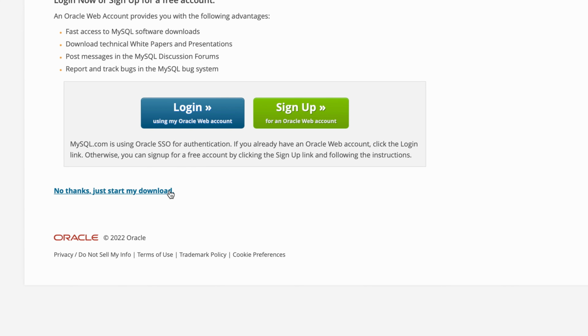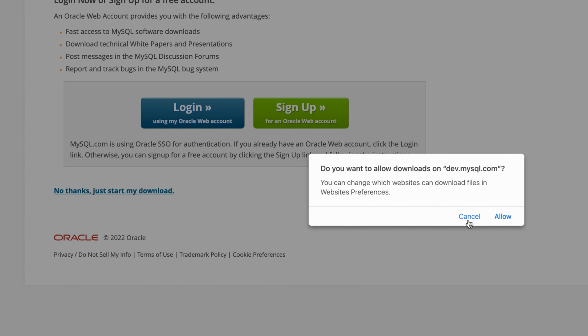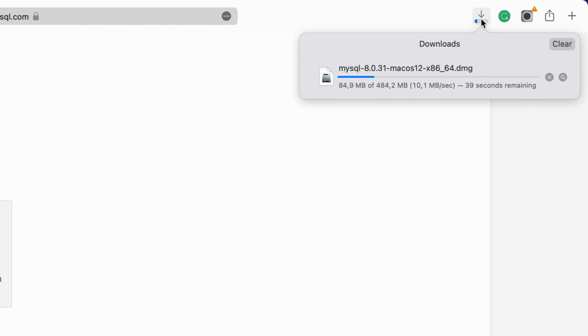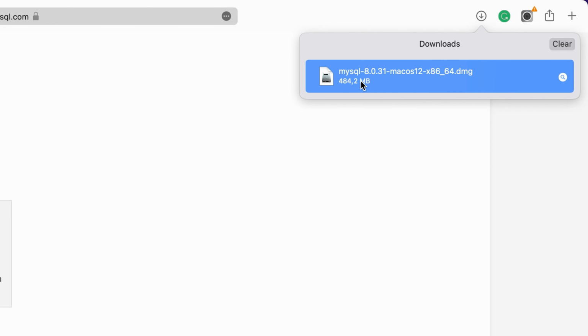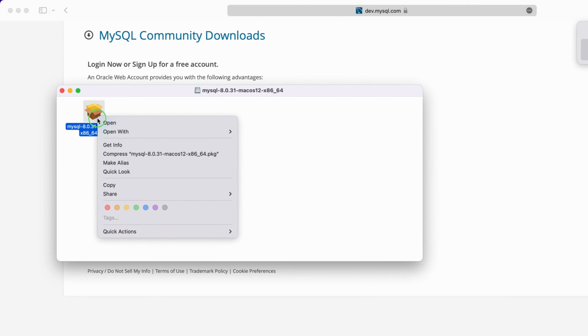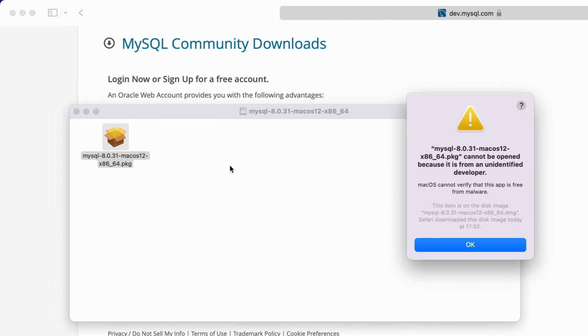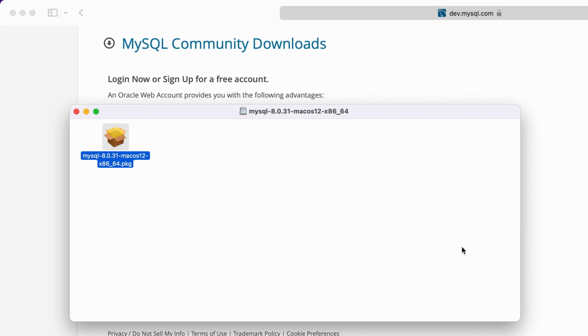Then I don't want to sign up for an account, so I click No thanks, just start my download. Once the download finishes, double-click the DMG file. Right-click the MySQL PKG file to open it. If you see a warning message like the PKG cannot be opened because it is from an unidentified developer, open